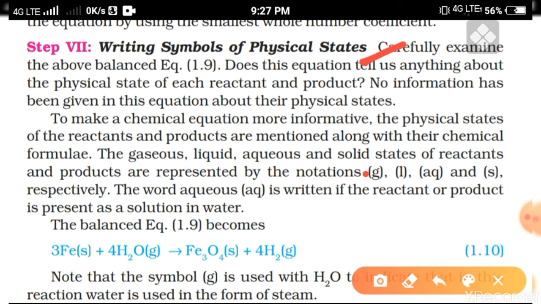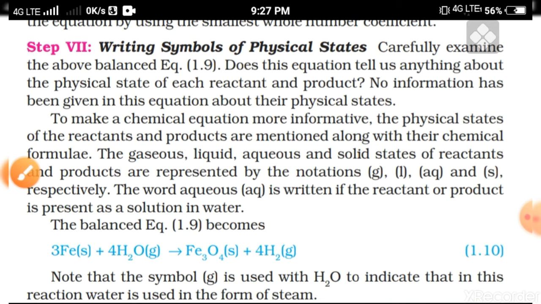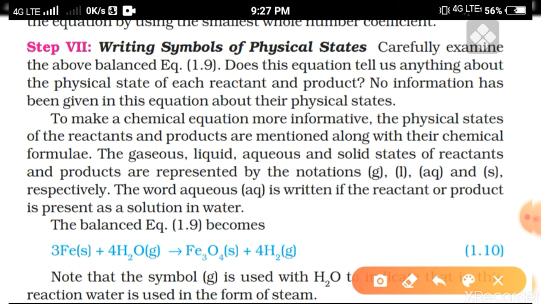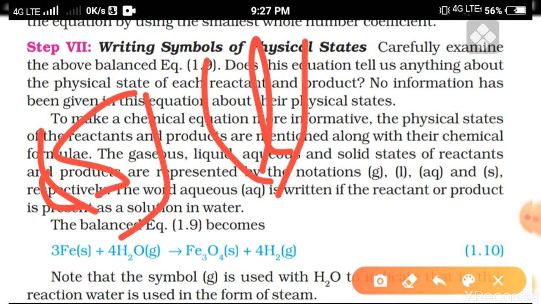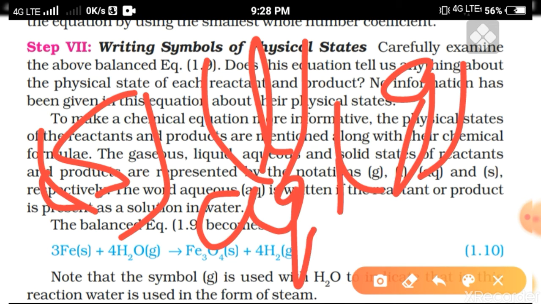This is also so in a chemical reaction. We have to focus on this in this chapter. Many chemicals, atoms or elements are found in these 3 states. Another state is the aqueous form. So how can we recognize them? We recognize them by writing their physical state. If a substance is solid, we write S in brackets. If a chemical is in liquid form, we write L in brackets. In gaseous form, we write G. In aqueous form, we write AQ. This is the symbol for representing an element, substance or chemical in its physical state.